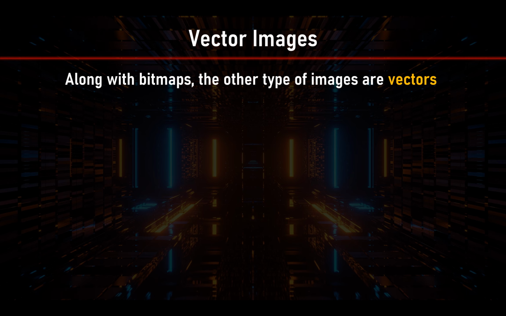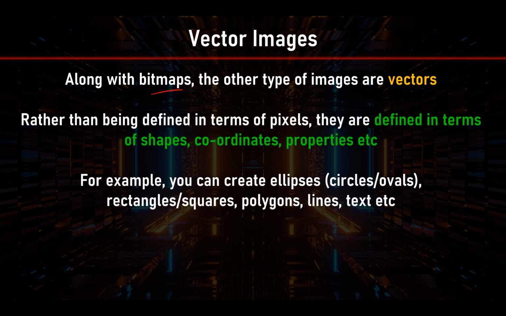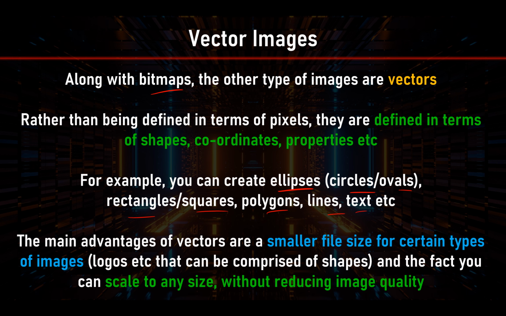Then if we look at vectors, well, of course, it's just going to be the second type of image. So rather than being defined in terms of pixels, they're defined in terms of shapes, coordinates, properties, attributes. For example, you can create different shapes: ellipses, circle, oval, rectangle, square, polygon, line, text, etc. Many different things. The main advantage is they're going to have a smaller file size for certain types of images, so things like simple logos, just comprised of simple shapes. Also the other advantage is we can scale to any size, either bigger or smaller, without reducing